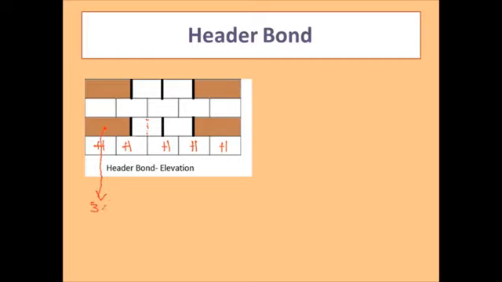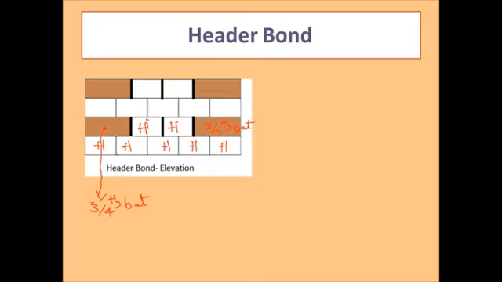So what we have to do is, at the starting we have to arrange a 3/4 bat. Now if you arrange the 3/4 bat, it will come up to this point, and after that you have to place the headers like this. Then at the end again we close with the 3/4 bat. So like this we arrange the bricks in the second course. The point to remember is, in the header bond, alternate courses must be started with the 3/4 bat. Then again the third course will be the same as the first course, and the fourth course the same as the second course. So let us see the lap length here.